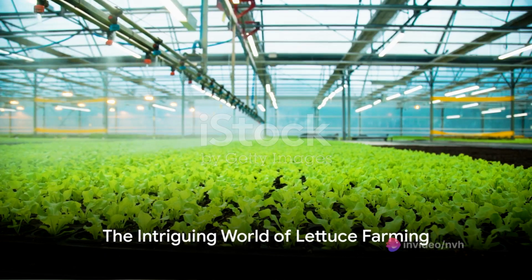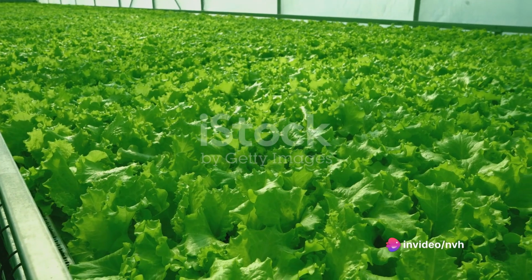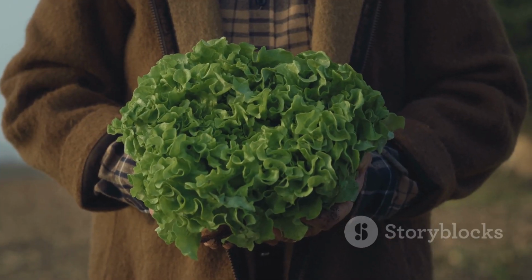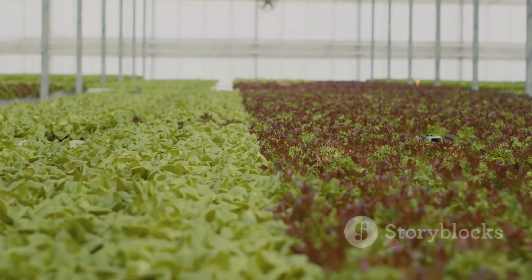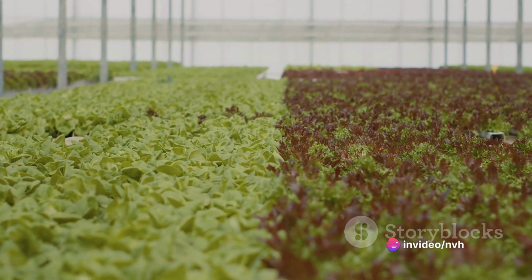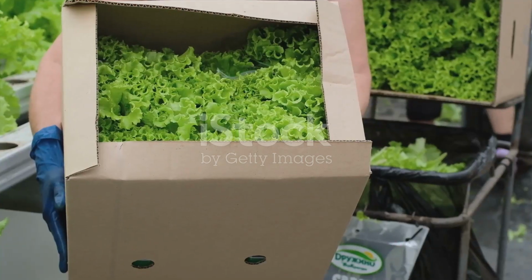Ever wonder how that crisp, refreshing lettuce in your salad came to be? It all starts with humble seeds and a patch of land. Lettuce, a staple in our diets, plays a pivotal role in our daily life. Its nutritional benefits are numerous, a rich source of vitamins A and K and a good provider of fiber. But beyond its health benefits, lettuce is a culinary chameleon, enhancing a myriad of dishes with its fresh, crunchy texture